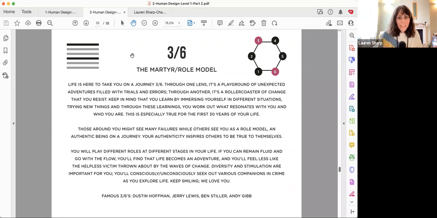That's the thing with the role model, because if the 6 is on the design side, the 6, anything that's after that number. So 3 conscious, 6 unconscious. So that role model will still be in that state of not realizing they're a role model. That's the whole thing. I think they're aware of it, but they're never meant to be aware of it.